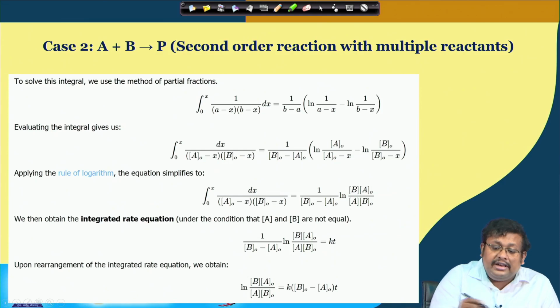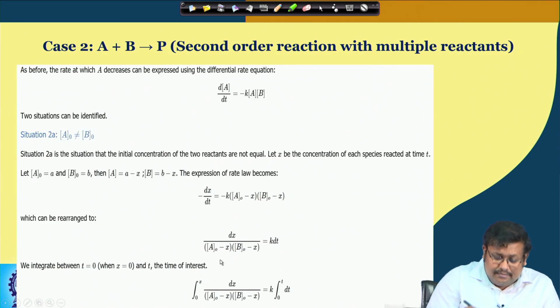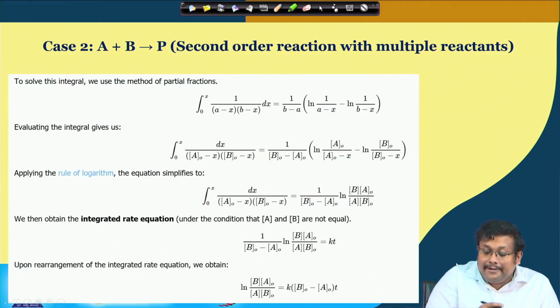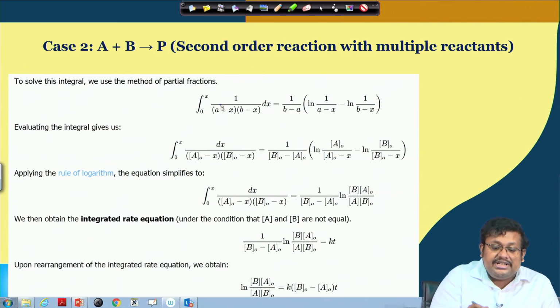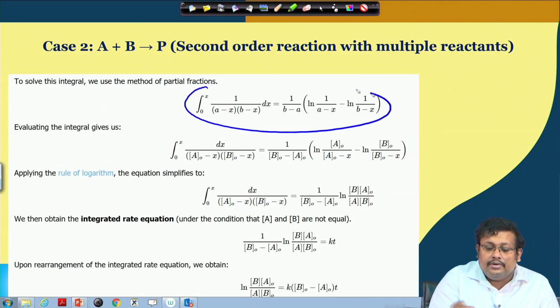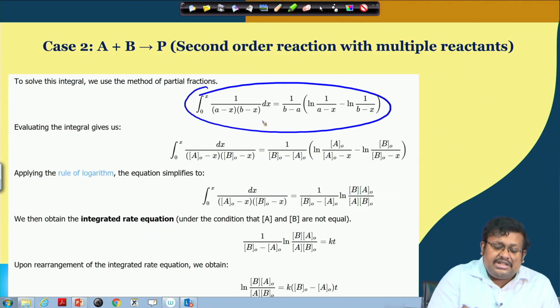So, from solving this previous equation, where we are integrating from 0 to X and from 0 to T, we have to take the help of this partial fraction integration rule. From this partial fraction integration rule, we can express our equation